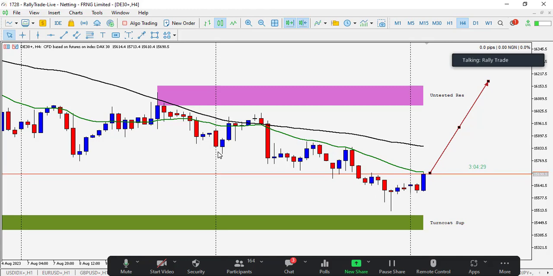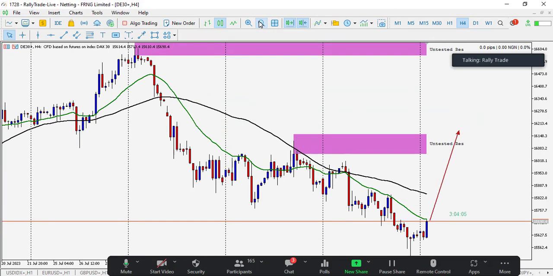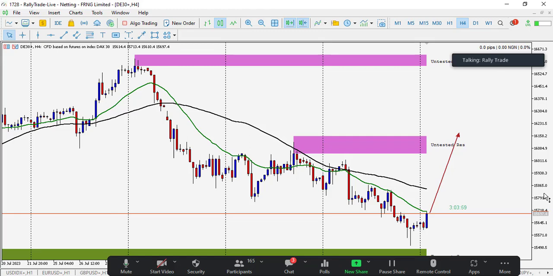There are apps, there are applications that you can use to see if the constituent companies, right? The constituent company like Mercedes Benz, Mercedes is one of them. SAP is there. Whether these constituents are doing well. So if they are doing well, then for a swing trader, you may want to enter a buy and stay longer. Remember, on a long term, indexes or stocks always do well. So if you see opportunity for a buy, you want to dive in. So guys, that's for D30 on the H4 time frame.